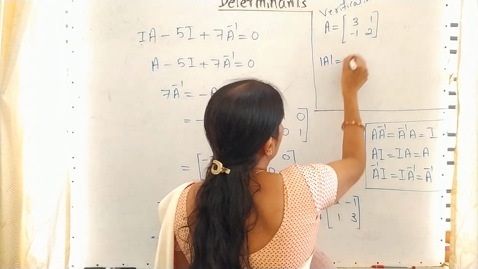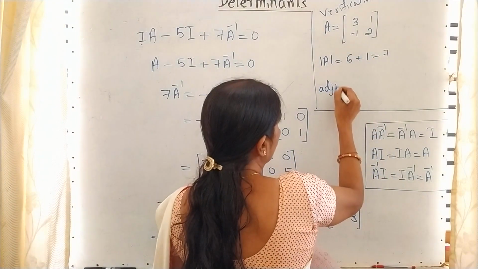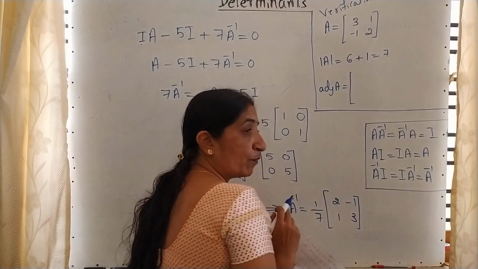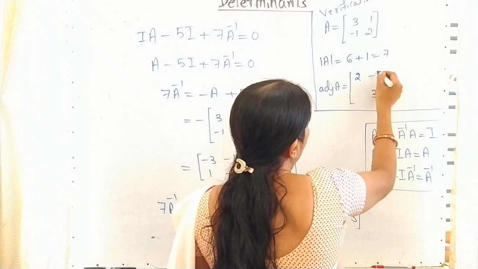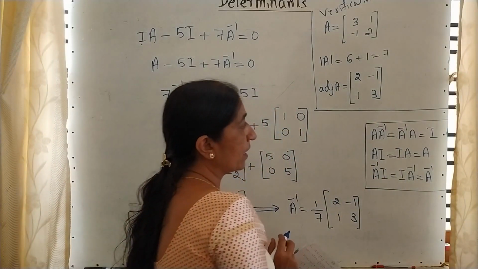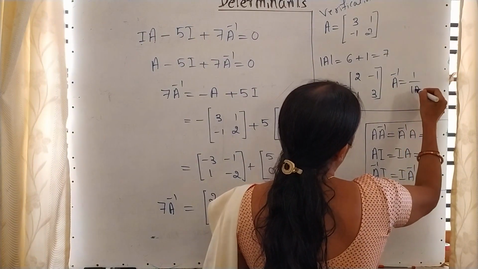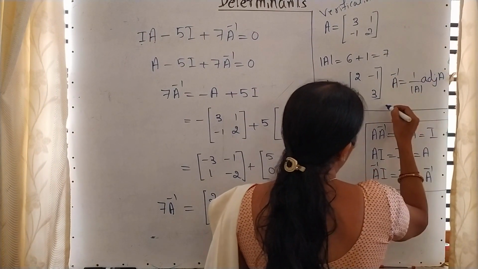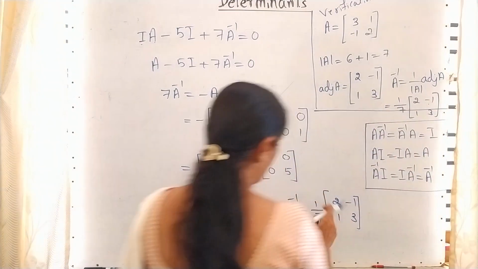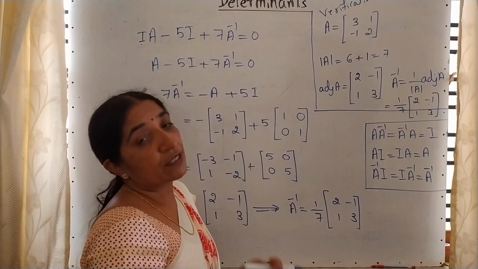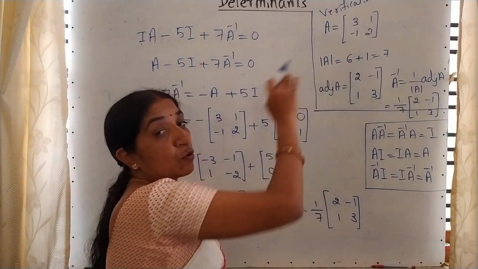For that, first find the determinant of this. So this is 7. After that, write the adjoint. In a matrix of order 2, the adjoint, how do you write? We have to interchange the elements present in the principal diagonal and change the sign of the non-diagonal elements. Understood? And after this, you know how to write A inverse. A inverse is 1 upon determinant A into adjoint A. That is 1 by 7, 2 minus 1, 1, 3. See, check this answer, your calculated value. Is it correct or not? This is very simple for your verification. But don't use this method. This is only for verification.